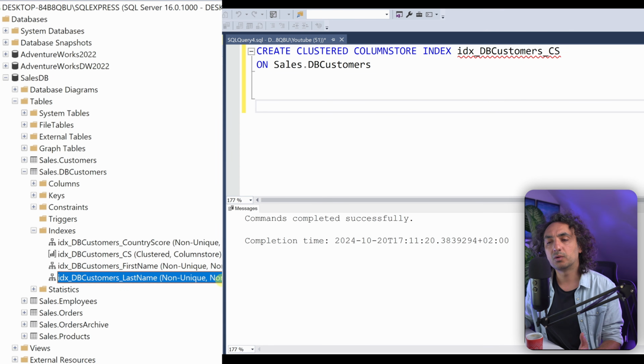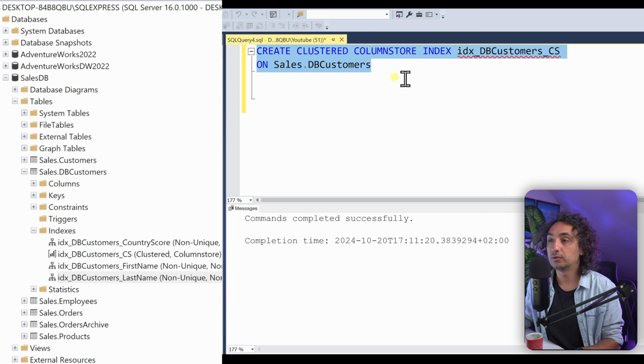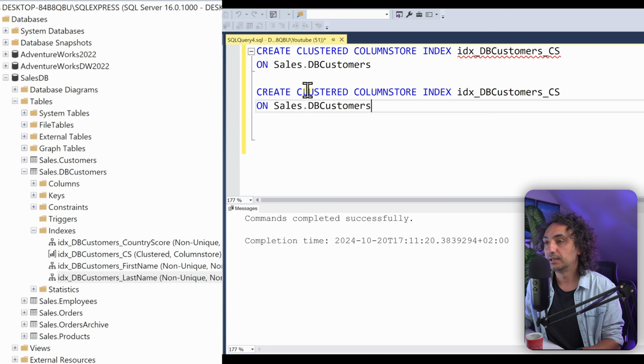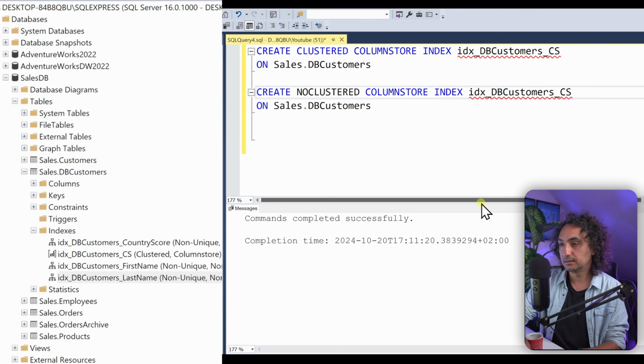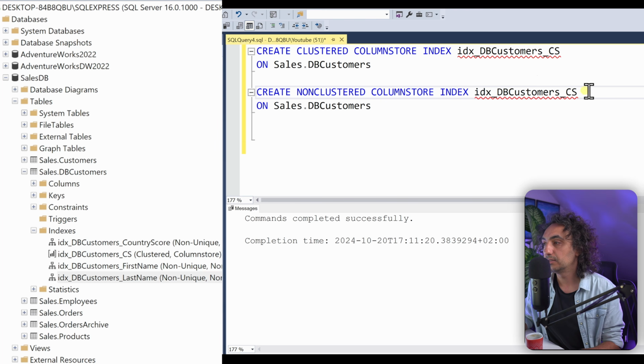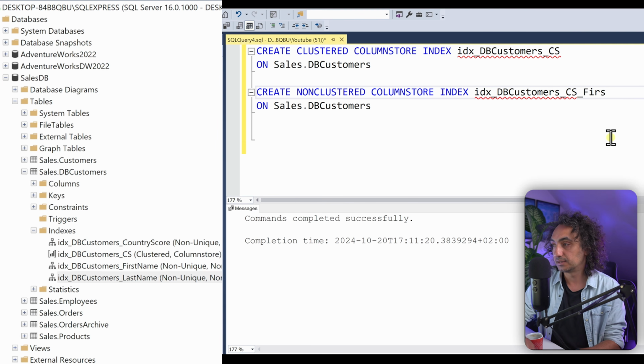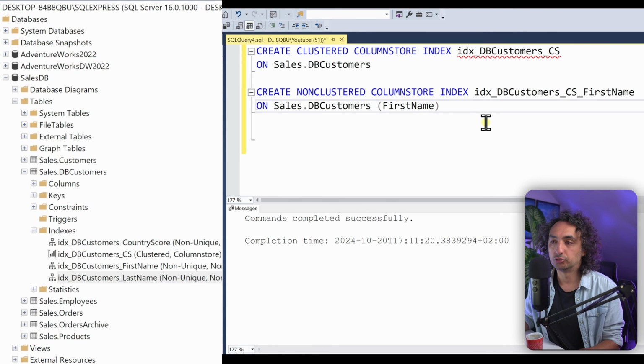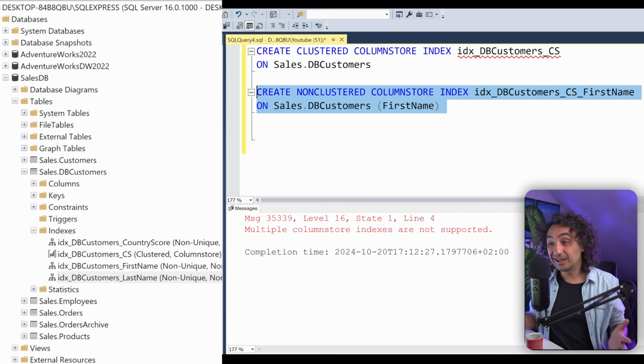So now if you say, you know what, let's go and create for the first name another index, but this time it's going to be a column store. So if I go and copy the whole thing over here, and let's say it is a non-clustered column index, and let's call it, for example, first name, and we define over here the first name. So that's it. Let's go and execute it. You will see that we will get an error where SQL tells us